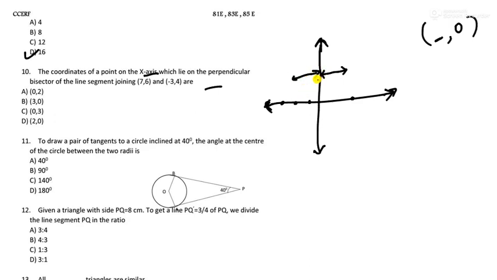Okay, how are we going to find that? That will be based on this. This point lies on a perpendicular bisector of the line segment joining these 2 points. So for example, there are 2 points like this. If I elongate this perpendicular bisector from here to here, it will be same, right? So I'm going to find the value of x and y using the midpoint. Why? Because it is a perpendicular bisector, it is bisecting equally.